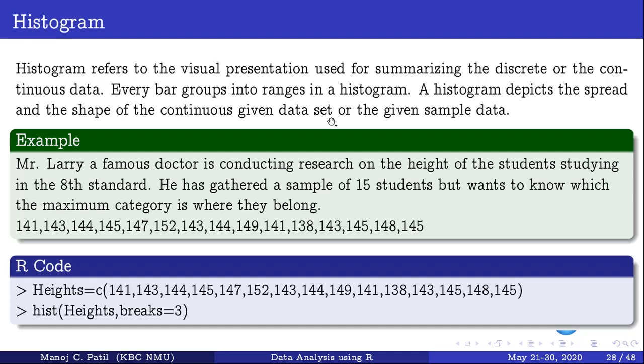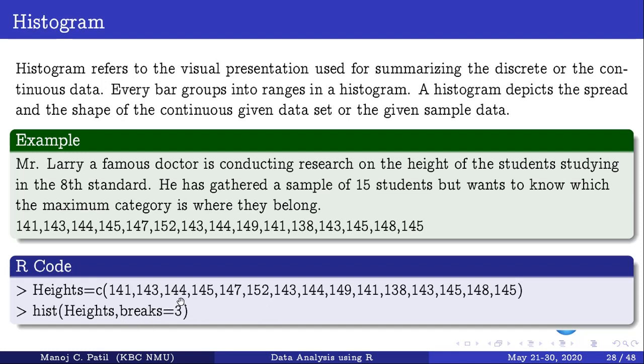Use the command hist. Hist is for histogram. Heights is the data. Breaks: suppose 138 is the minimum quantity and 152 is the maximum quantity, then this spread is divided into three equal parts, so breaks is equal to 3.